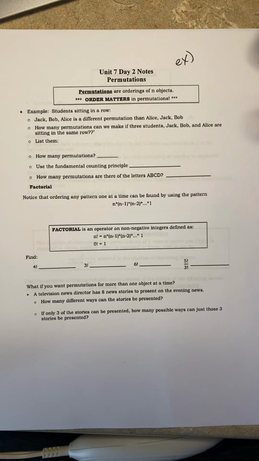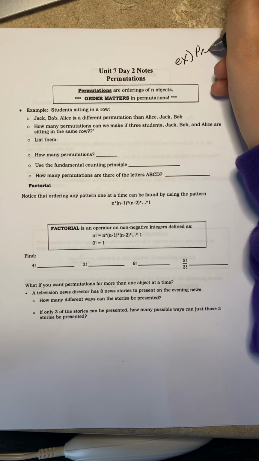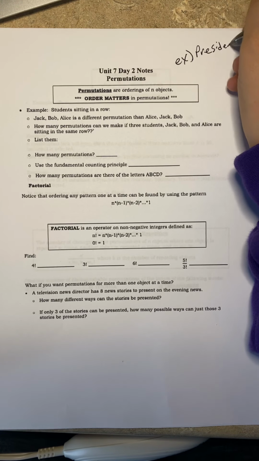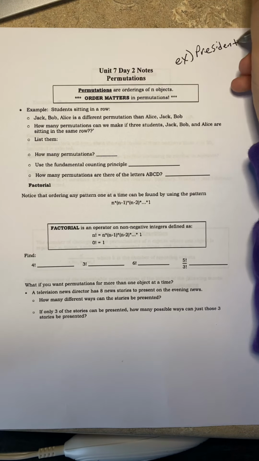So for example, if you have 5 people and you want to know who's going to be president, vice president, or secretary. Order matters because if I say that Alex is president and Jalil is VP, there's a difference between that and saying that Jalil is president and Alex is VP. There's a difference between those two. So that's why